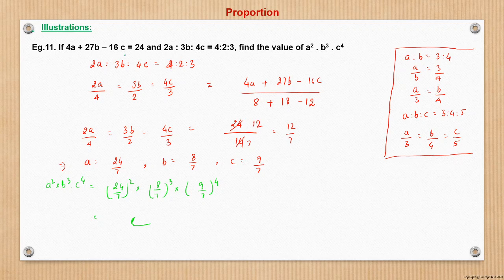So the concept basically, since we have been given this value, right? We will try to frame equation ratios such that we get a similar thing in the denominator also. So here it is 4a, that is 2 times the 2a. So denominator also will be multiplied by 2. So 4 twos are 8 will be here, right? Otherwise simply we could have written this as 2a plus 3b plus 4c upon 4 plus 2 plus 3. But that would not have solved our problem, because that 2a plus 3b plus 4c value is not given. We were given some other value. So therefore we did in this fashion. Or there is a very generic approach that we know that we could have used.